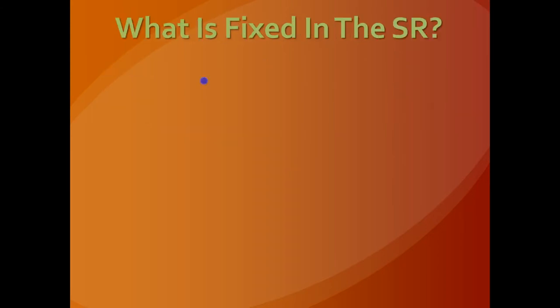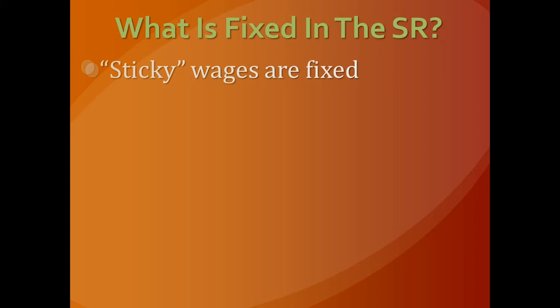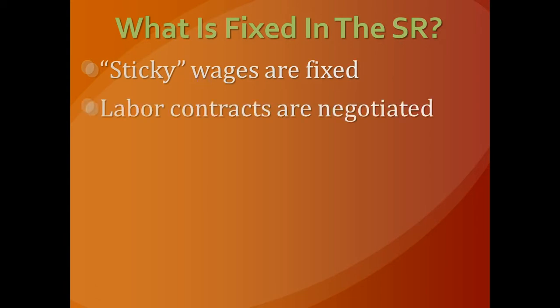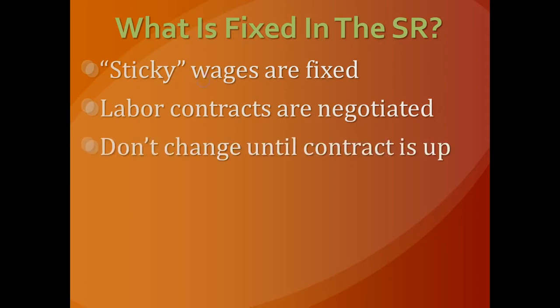So what's fixed in the short run? Wages. We call them sticky wages. It's the sticky wages theory. It basically says that your wages are negotiated on essentially an annual basis, and they don't change until your contract is up. So for businesses, if they have a set cost for their labor, and then the prices rise for some reason because of inflation, then they don't have to pay an increase in cost in labor, and so they